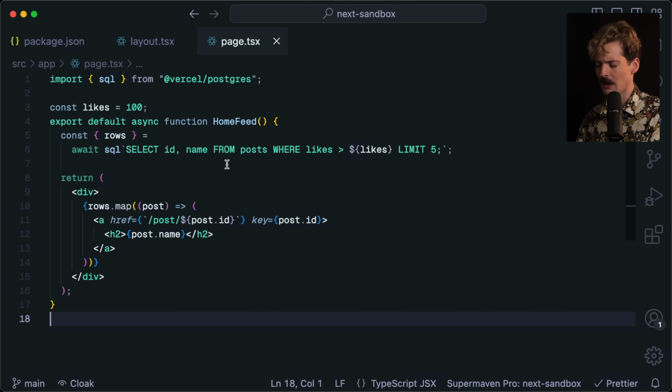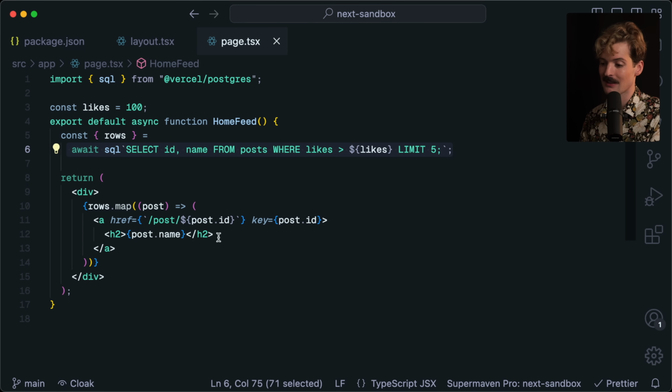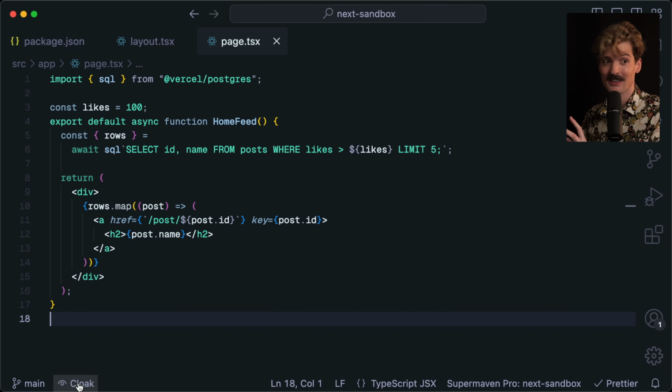So why would we want this instead? Why would we just put our SQL in our components? Because this isn't meant to represent the right way to build. I'm not posting this because I think everyone should be writing SQL statements inside of their components, or even calls to their ORM directly inside their components. The reason I posted this is it perfectly showcases the flexibility of the new model.